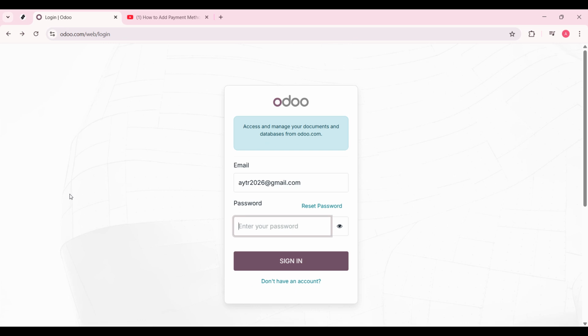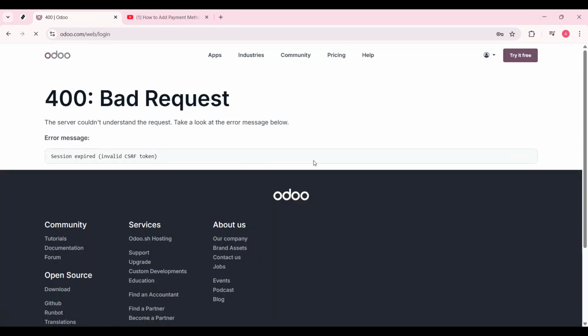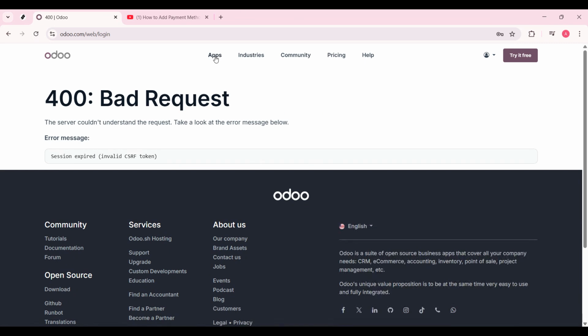All right, let's jump right in. First, open your browser and go to odoo.com. Then click on the login option to access your Odoo account. If you already have an account, simply sign in with your credentials. If you're new to Odoo, you can create a free account or use a demo database to follow along without any risk. Once you're logged in, you'll land on the main Odoo dashboard where all your apps and modules are